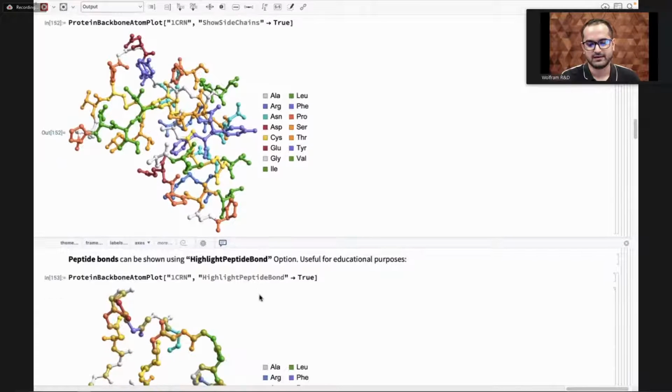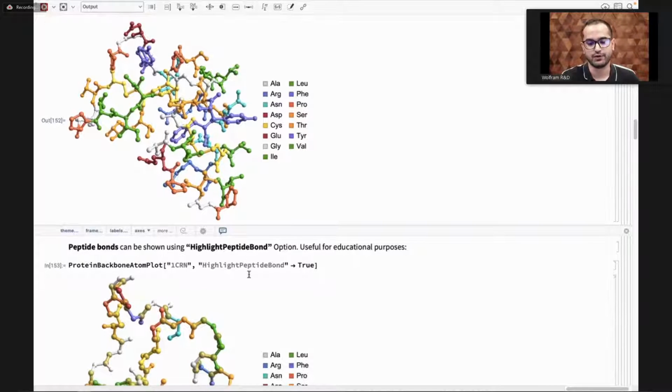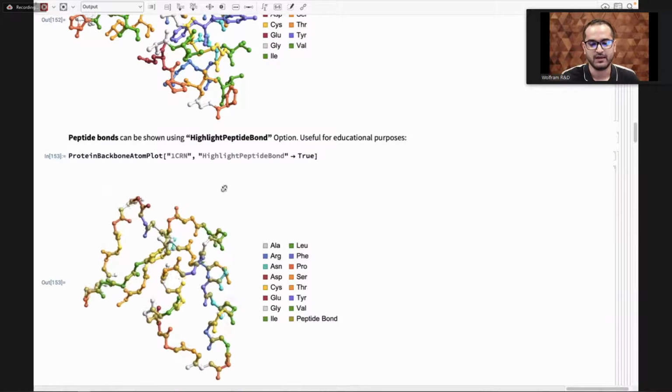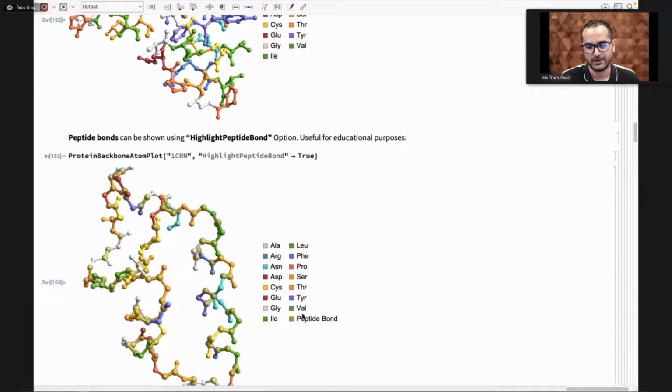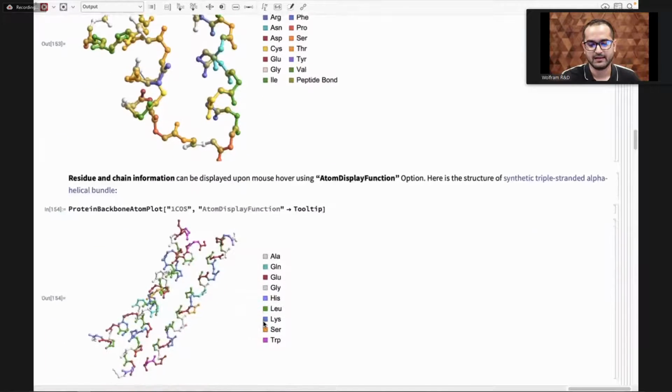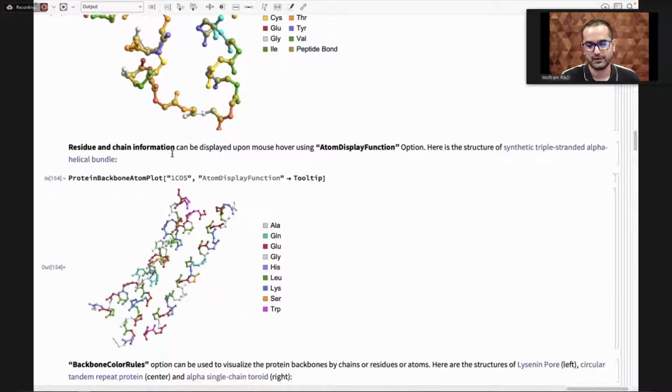And if you want, I also built this function keeping educators in mind. So if you want to teach students about what peptide bonds are in the context of real proteins, you can use options like highlight peptide bonds, which shows you the peptide bonds of the same protein color coded like this, and so on. And you can also show the residue and chain information using the atom display function. So as you can see here,